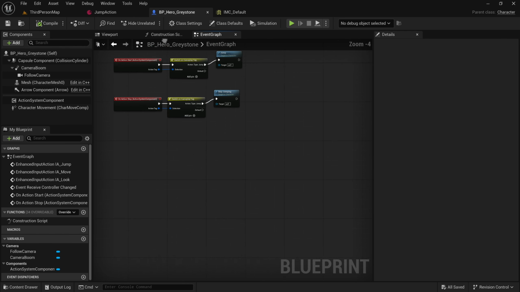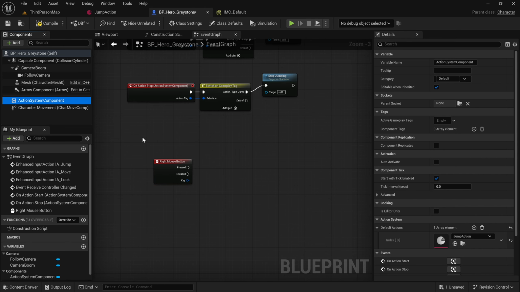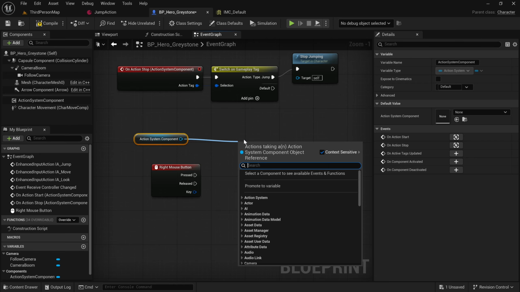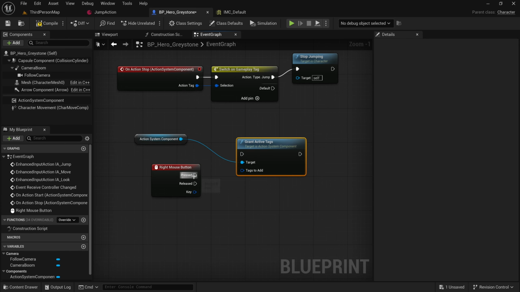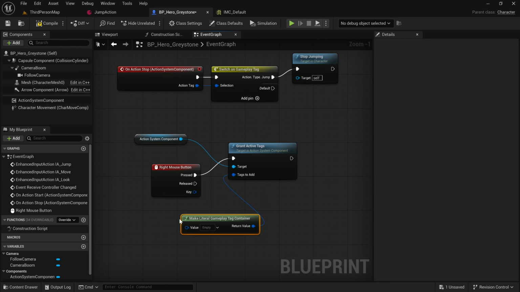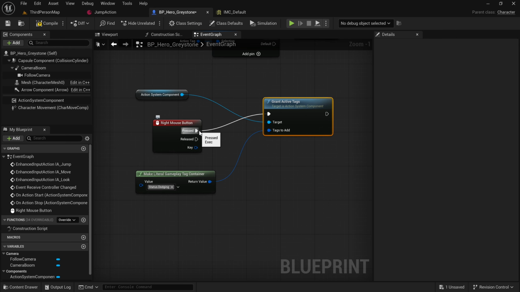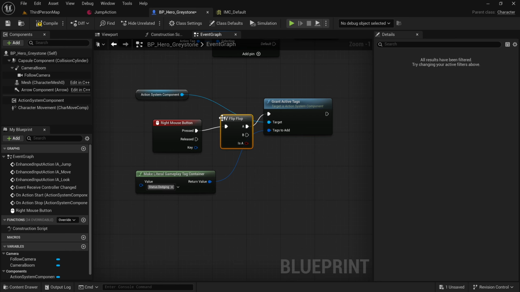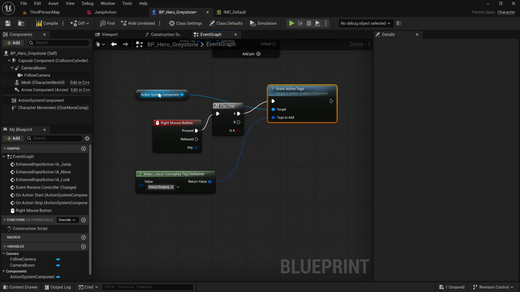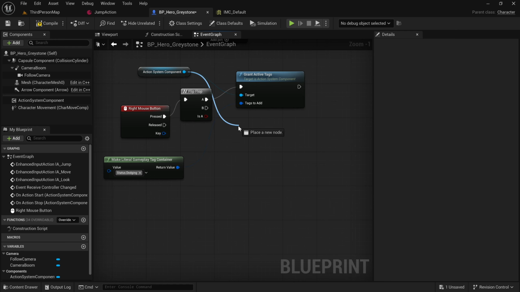And also, for testing purposes, let's add in the player character, right mouse button, get the action system component. Let's call a function that we created in our action system component called grant active tags. So this is going to grant tags to the action system component, make a literal gameplay tag container, status, dodging. And let's actually do this on a flip-flop. So essentially a flip-flop just alternates between A and B. If we press it once, it will do A. If we press it again, it will do B. So let's clear active tags,